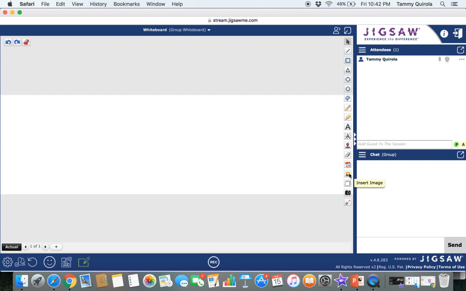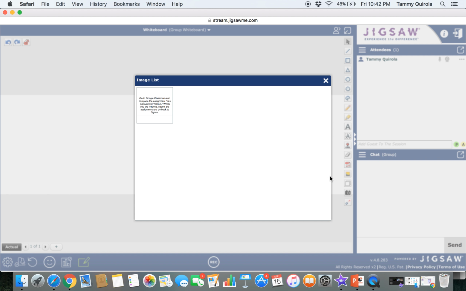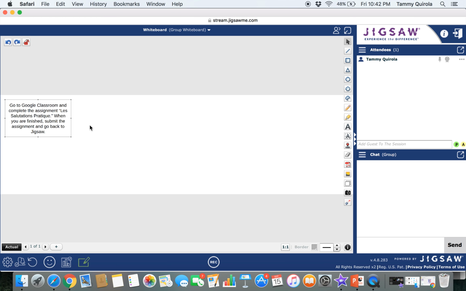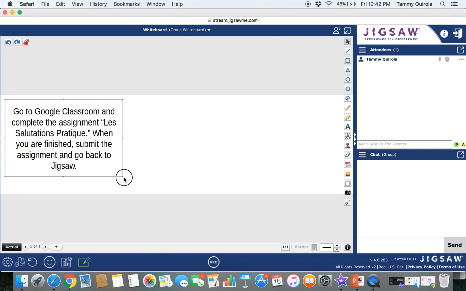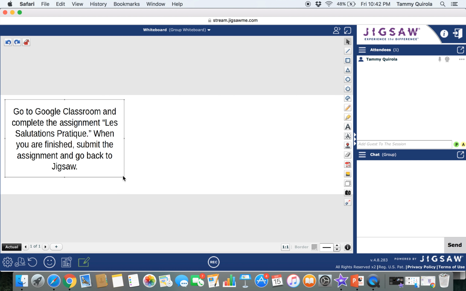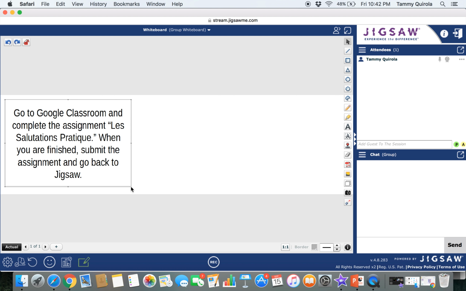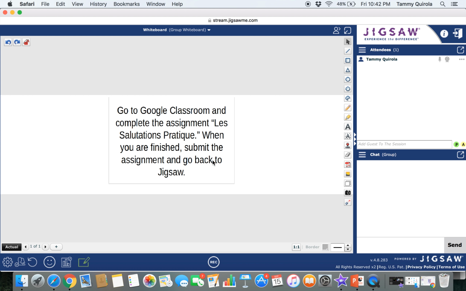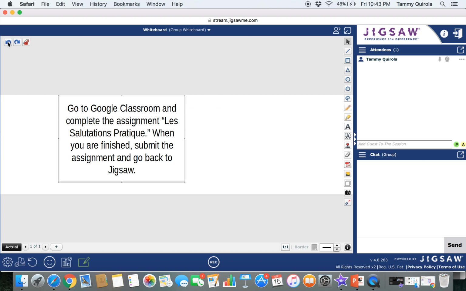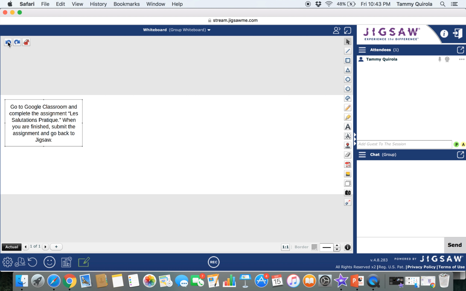When I first did that, I put it in as I clicked insert image, but look what happens when you do that. It's really tiny. And I played around with it, trying to make it bigger, and now it's making a liar out of me because now it's doing it. It wasn't doing this for me earlier, but now it's gonna do it. Okay, but in any case, so I guess that is one option that you can do. But what I actually ended up doing, because I could not get it to go bigger when I tried earlier,